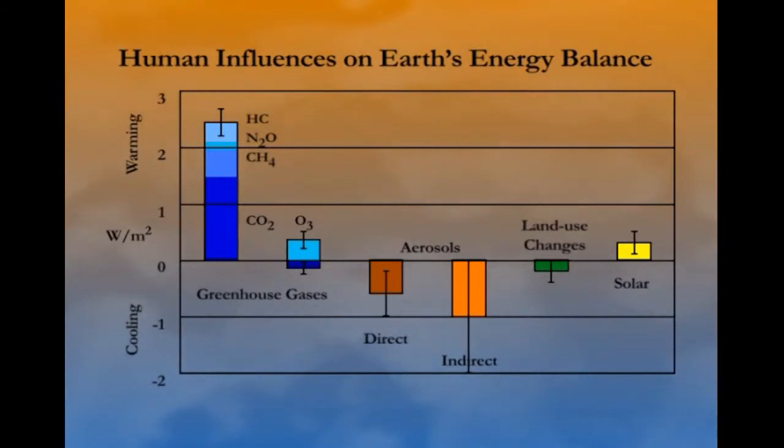And those forcing values are measured in watts per square meter. How much is the energy balance on every square meter at the top of the atmosphere or at the stratosphere-troposphere boundary? How much is that energy flow balance upset by these different phenomena? And if we look at them,